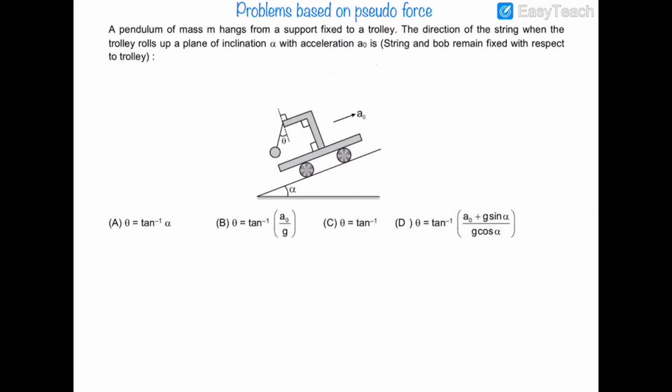In this problem, we can see that there is a pendulum of mass m which is hanging from a support which is fixed on a trolley. We need to find the direction of the string when the trolley is moving up an incline with an inclination of alpha with an acceleration of a naught. So we need to find out this angle theta. Okay, now if I make the free body diagram of this ball, then there will be a force of